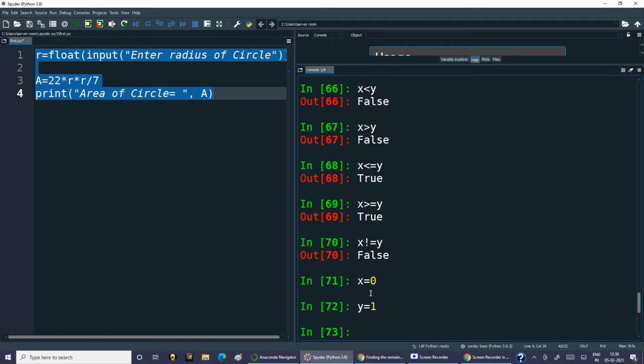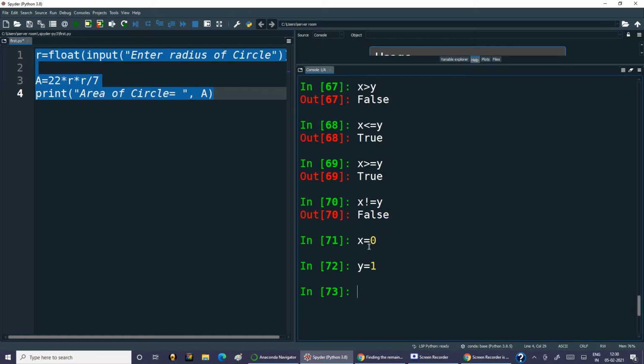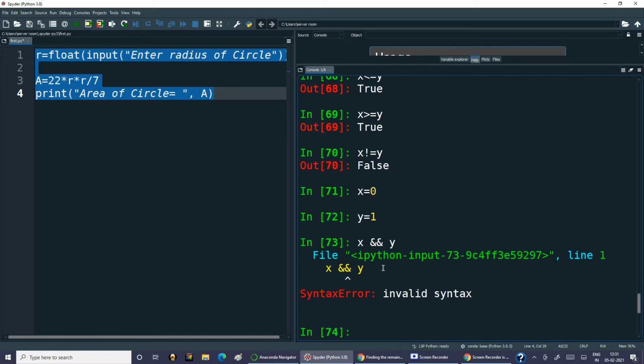They may be true or false also, but let us take x equals to 0 and y equals to 1. What happens if I write, like in C programming, x and y? What is the answer? This is an error. It means this and operation is not recognized in Python.